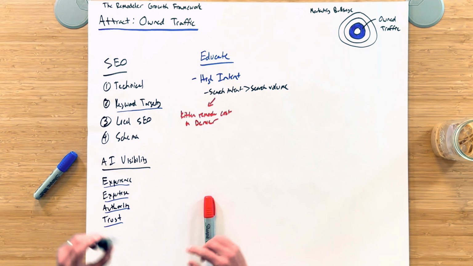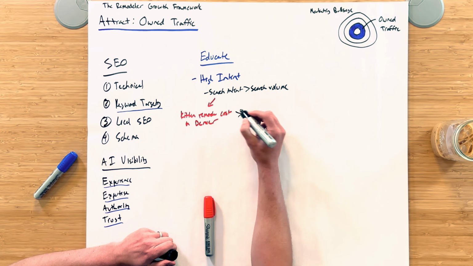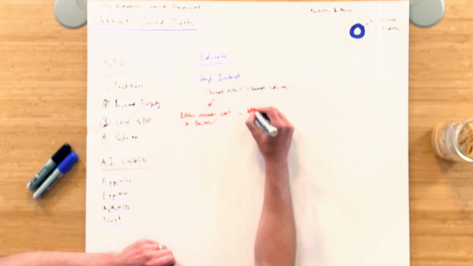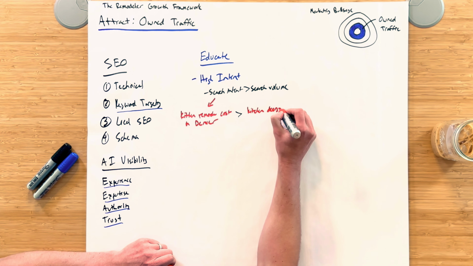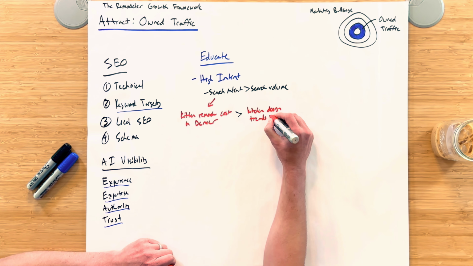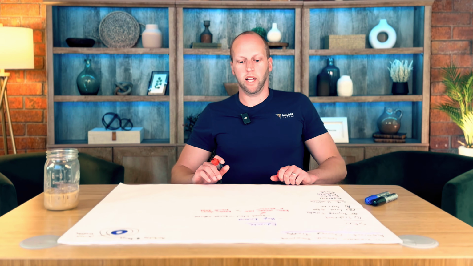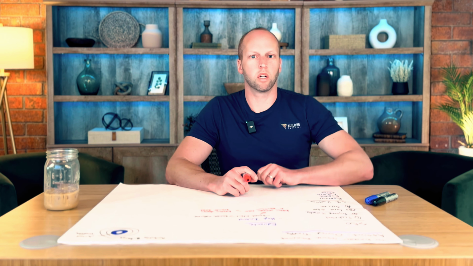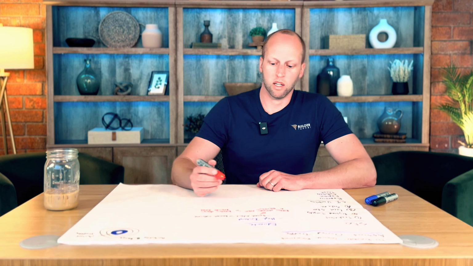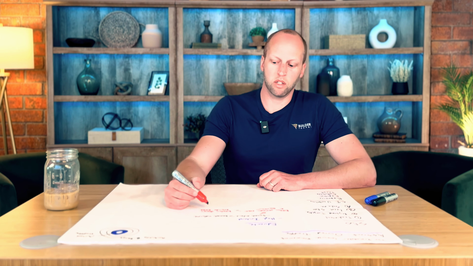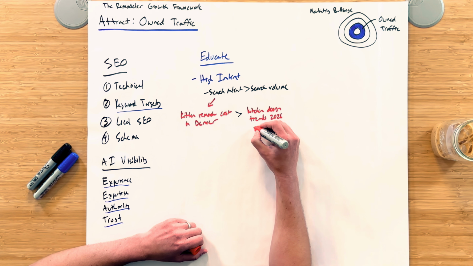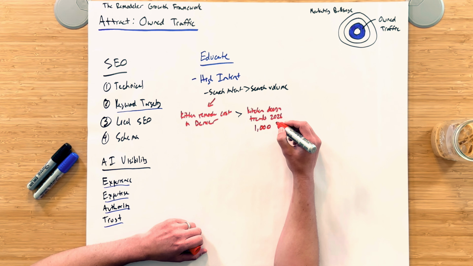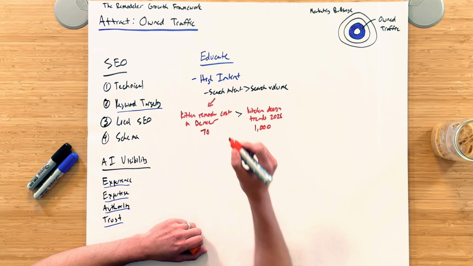And if you compare that to something that maybe has a lot of search volume, that might be something like "kitchen design trends 2026." And so if you're doing your keyword research and you're looking through Google's keyword planner, you're using some SEO tools like Ahrefs or anything like that, you might come across this term. And this term might get 1,000 searches every single month. People are searching for that. Whereas this one might get 70.